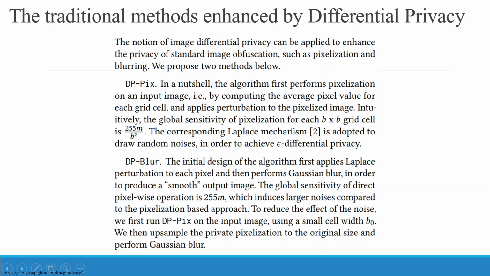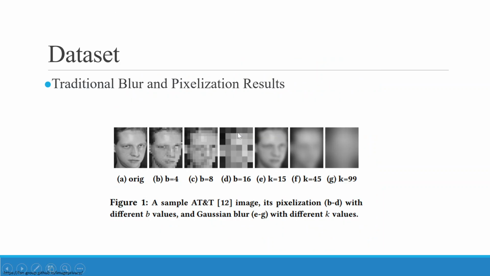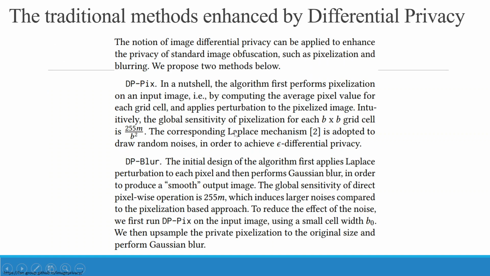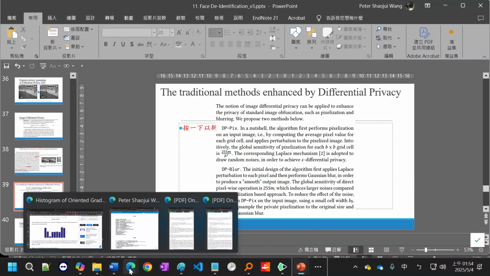For each B by B grid cell, we can specify the sensitivity like this. Why do we use 255? It is because for the RGB value, we can see the original